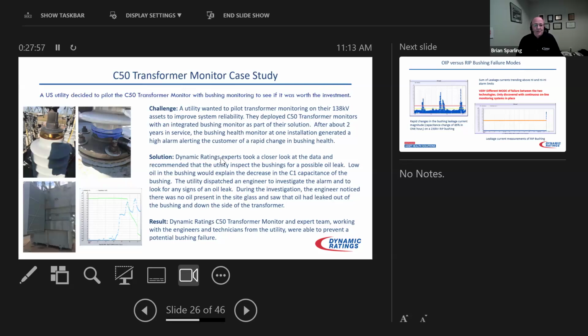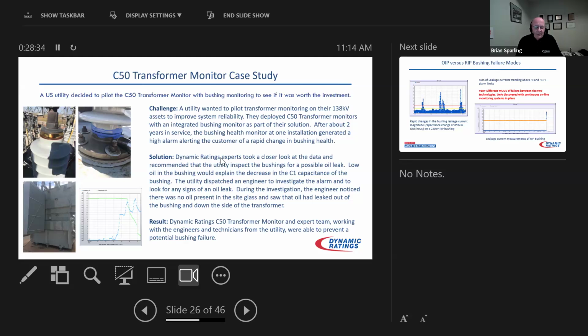I ran into a case just yesterday where somebody said they had questions about, I don't see any oil in the top of my bushing. And this is actually more common than one thinks. But here, this was on a 138 kV distribution substation transformer. And the monitor from Dynamic Ratings detected this. The monitor had been in place for 2 years. And one day, the little graph you see down below there, the green line